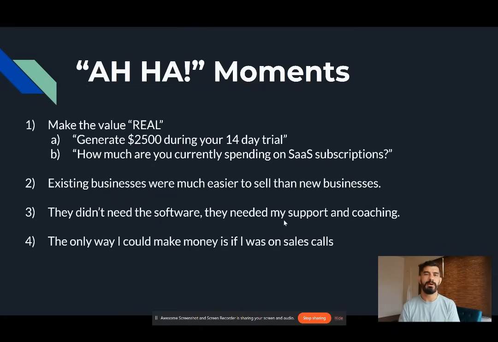And the last aha moment I realized is that I could only make money if I was on sales calls. All right. Text messaging, fixing up my funnels, tinkering with my process. None of that actually made me money. The only way that I was actually earning revenue was when I was sitting on a sales call with clients. And so at a certain point, that became my objective. How often can I sit on sales calls with clients? How do I make it so I'm sitting on more sales calls with clients? That was my objective. And once I made that switch, then I was able to start making more sales.